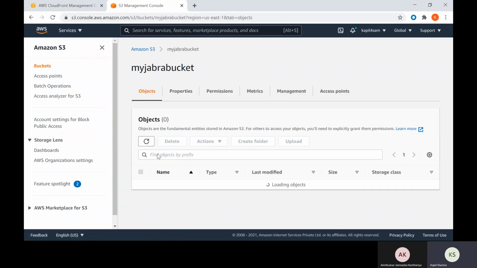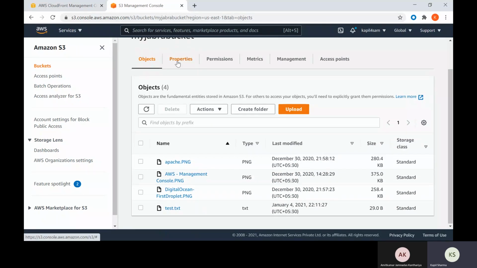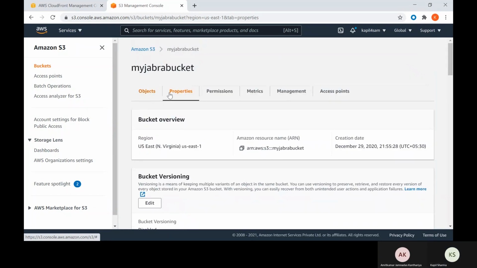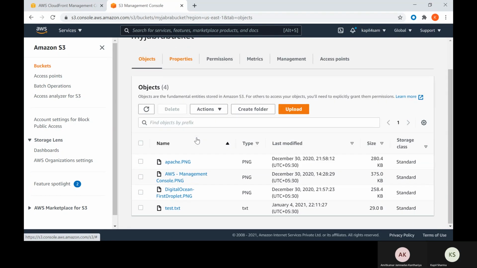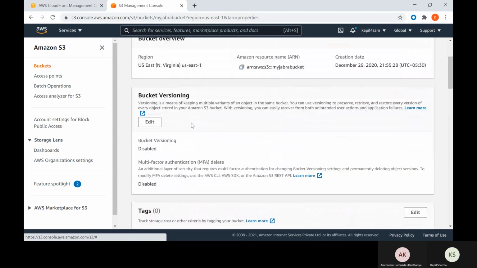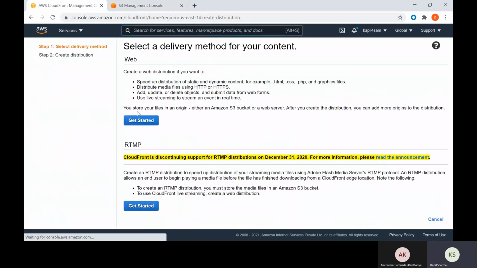Okay, so I am there in my Jabra bucket. I will create one AWS CloudFront distribution, and the backend will be my S3 bucket, right? So I will copy the ARN of this particular bucket and will use it. Go to CloudFront service, select create